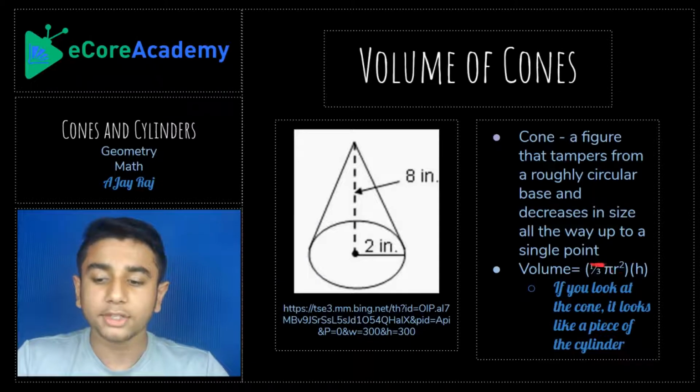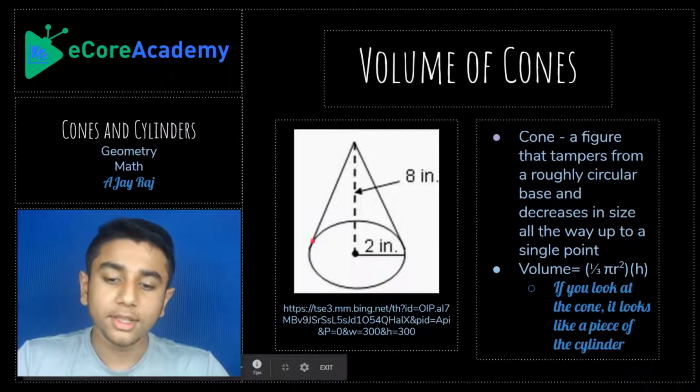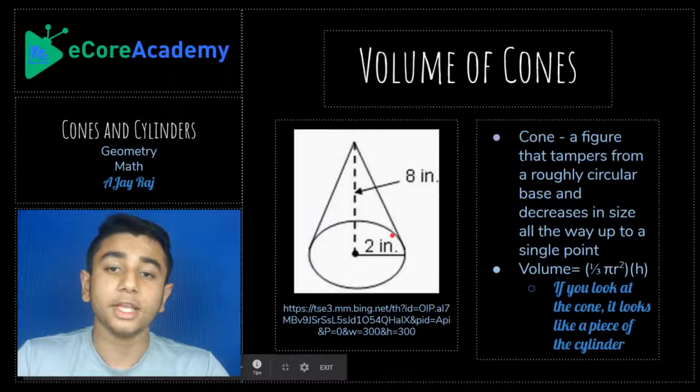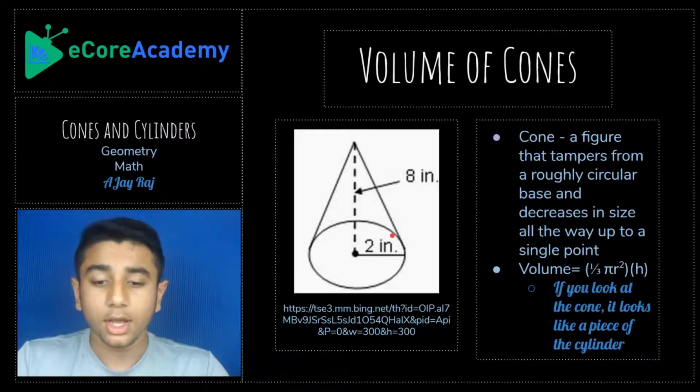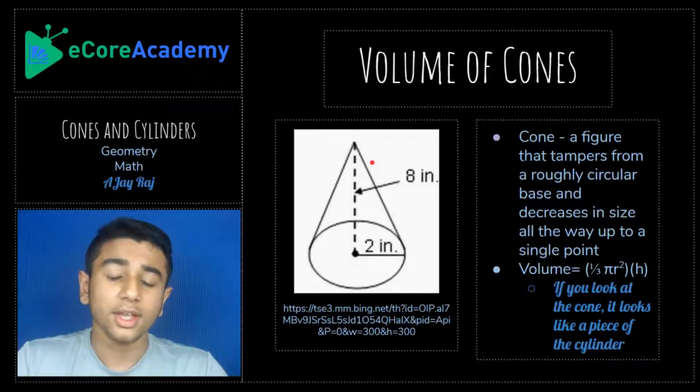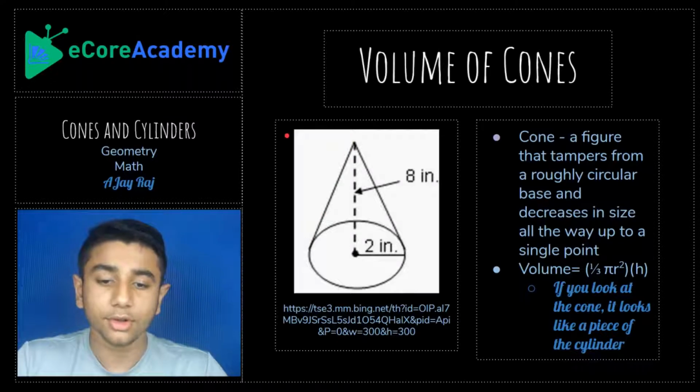However, this 1/3 is actually very significant. Because if you take the base of a cone, which is a circle, and you multiply it by a height, you're actually going to get the volume of a cylinder. Because if you think about it, a cone is a cut out piece of a cylinder, because if you add three of these cones together, you're going